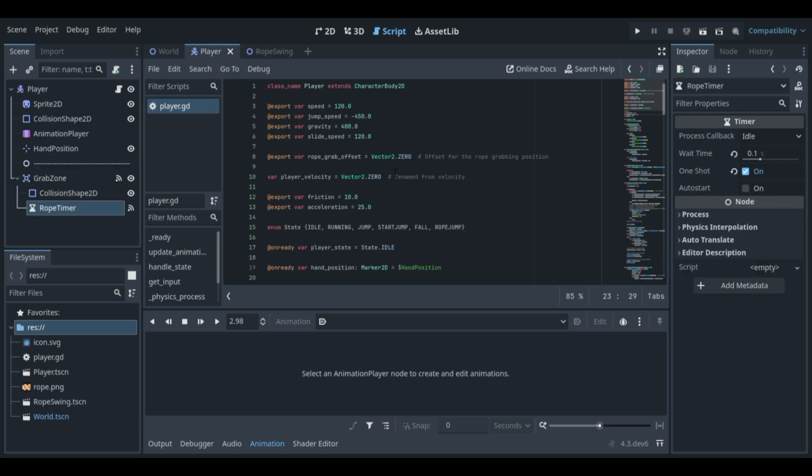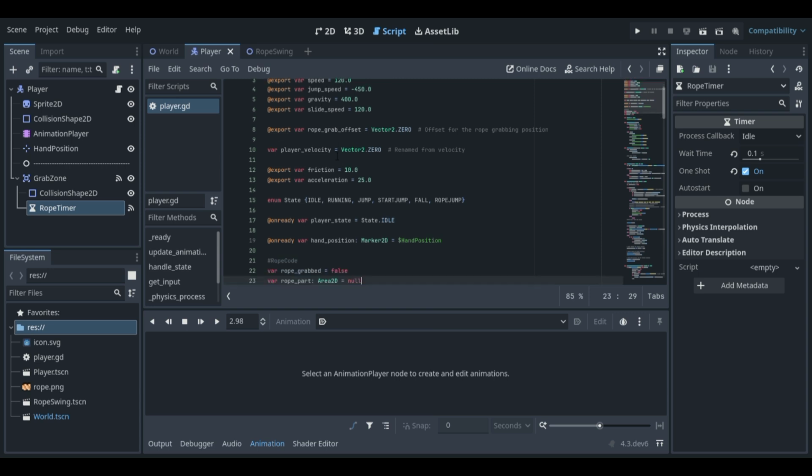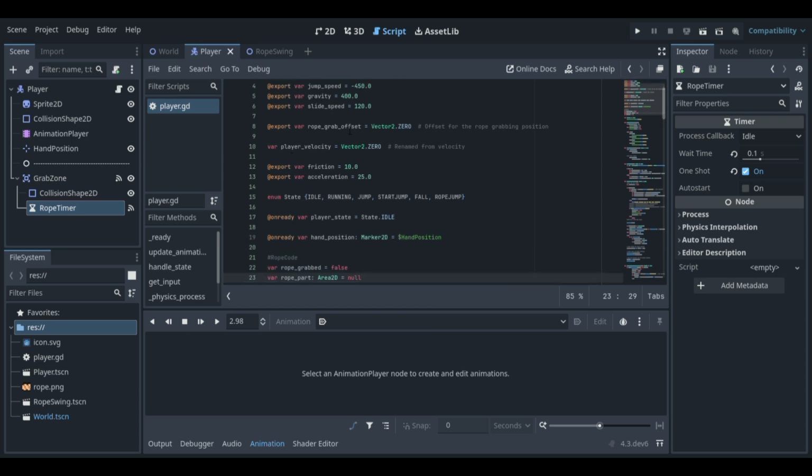Next we have this kind of variable: export grab offset is equal to Vector2(0, 0), the offset for the rope grabbing position.